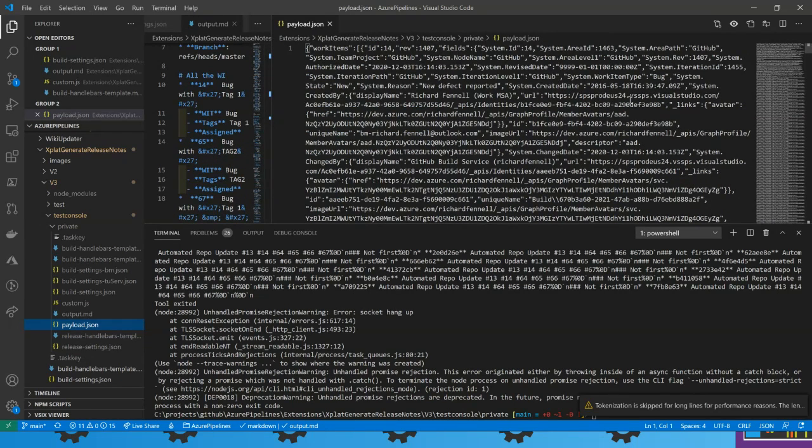So I could format that a little neater, and we would see that. I can see that we have work items as an array, and I've got an ID and a rev and a fields and so on. And this would tell me how I can work down through all of these objects and get out all of the information that I want. And I can see that I'm running quite close on time. So